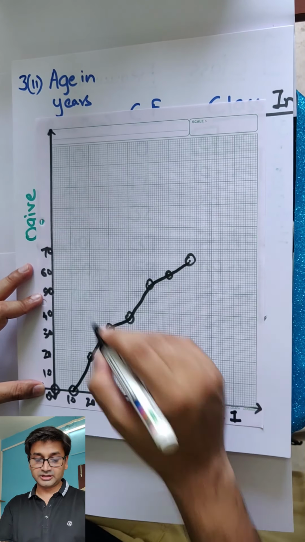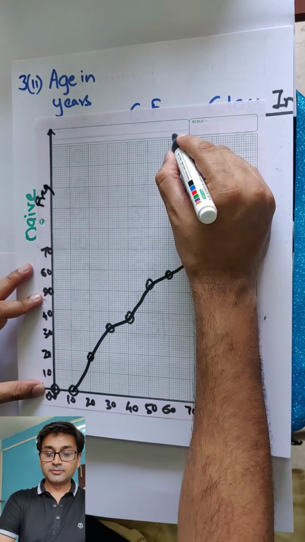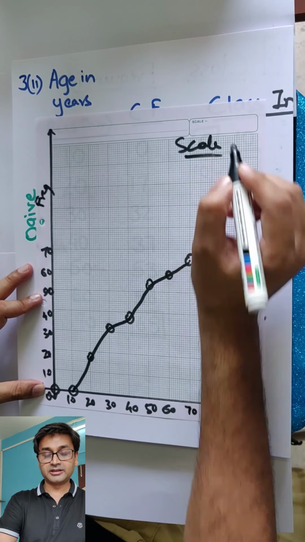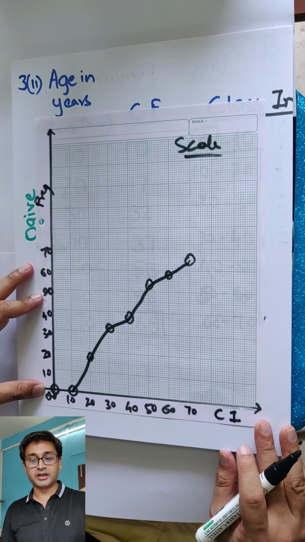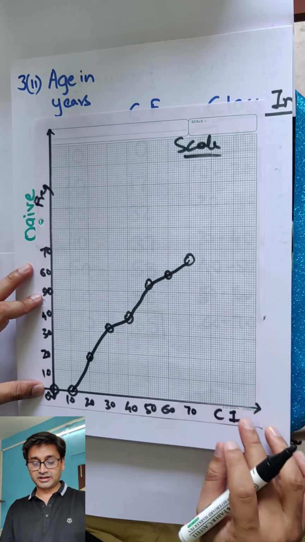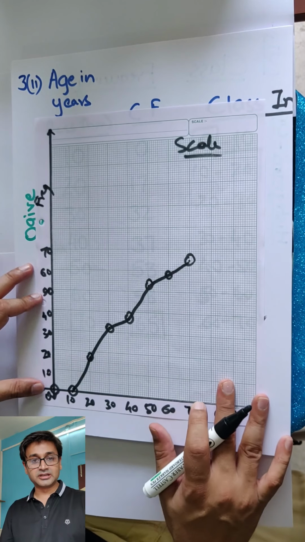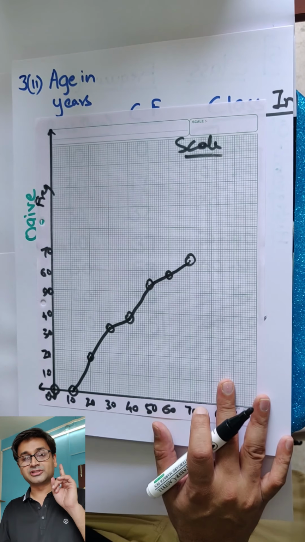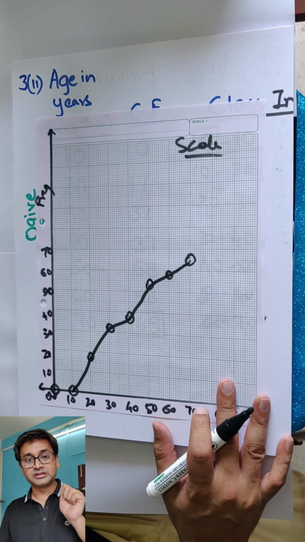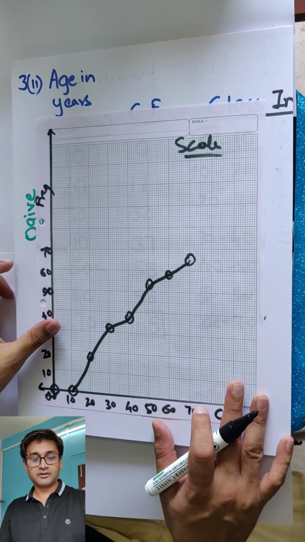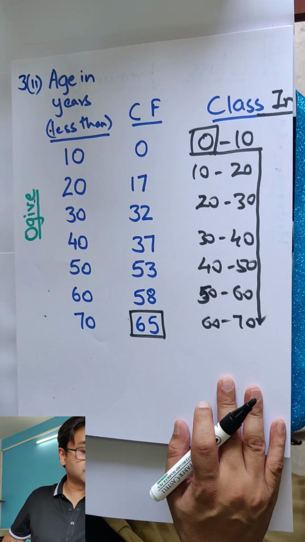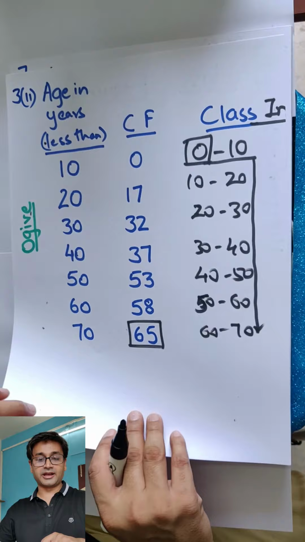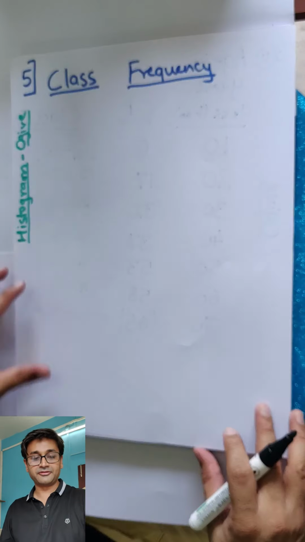So class interval again, frequency. Please write the scale. I'm not writing the scale right now. I'm trying to save my time. So please write that scale on your own. Is the cumulative frequency curve now very clear in your head? Will you be able to construct histogram and cumulative frequency curve 100%? Lovely. Let's go ahead with the next question. Come on everyone, I want you to try sum number 5.